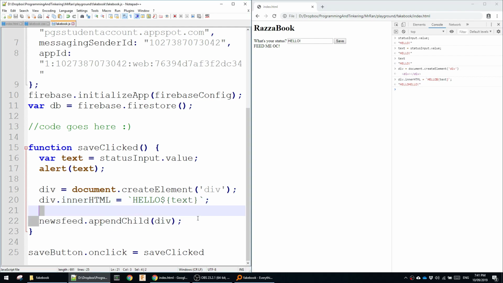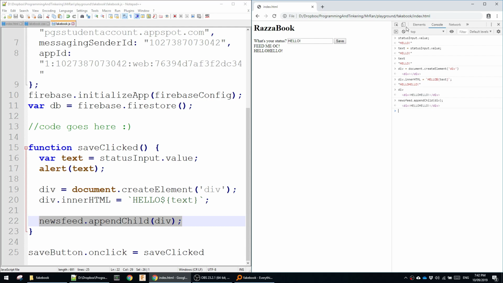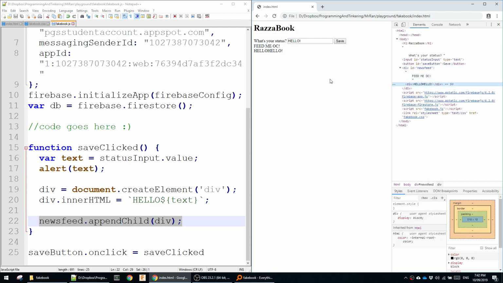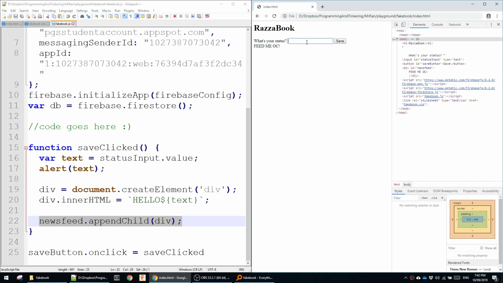And then this is what is going to get that div tag that I've just created. Yeah, that div tag that now contains hello, and is going to put it inside newsfeed, inside here. So now it exists there. So let's see if that works. If I do, my name is Chuka Slim Shady, and go save,